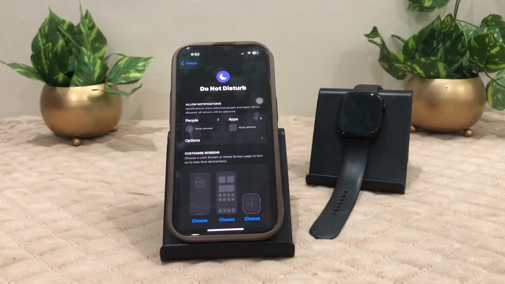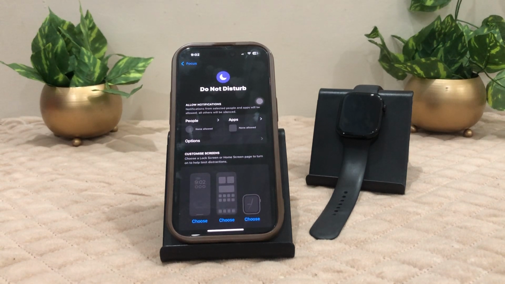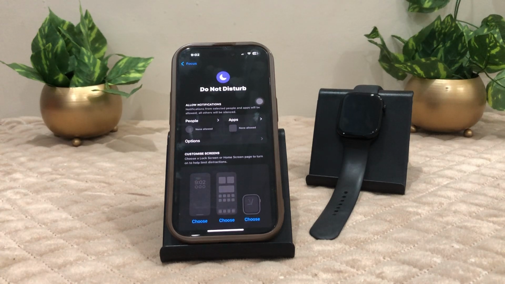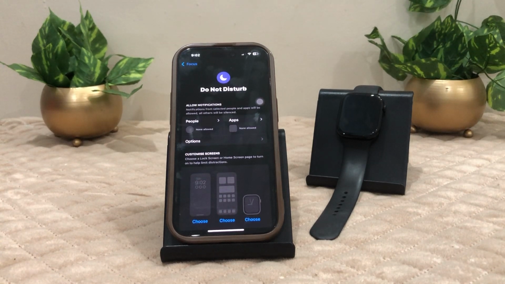Well, sometimes what happens is that the Do Not Disturb option also has a schedule column in it. You can actually schedule when you want to put Do Not Disturb on your iPhone, on your watch or something like that. Make sure to check that there is no scheduled time that is triggering it automatically, because that is the only reason it is turning on again.